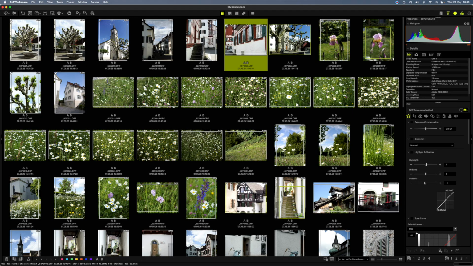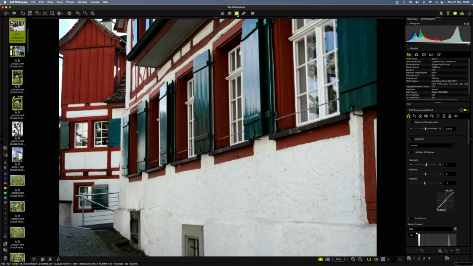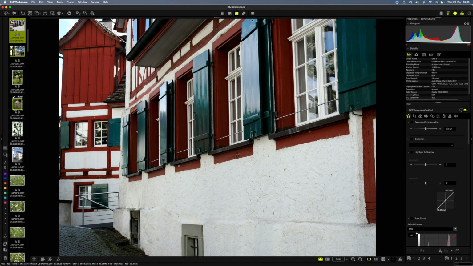I can get other information here, or I can go back to a working environment. I prefer this one. There are other options here. I can mark my images, whether I like this one or don't like it. I can look at overexposure or underexposure. I can zoom in. I can compare images. I can compare edited images. I can speed up Workspace here with this one if you have a slower PC.